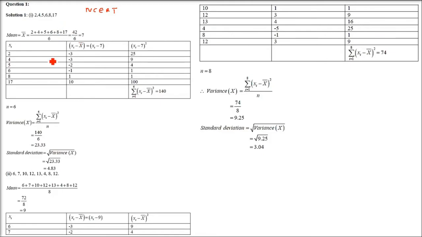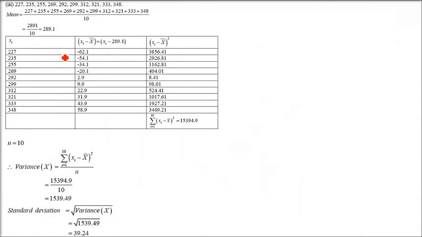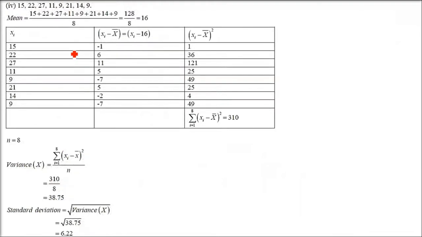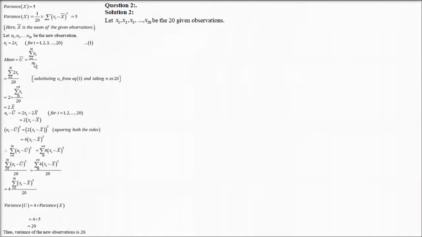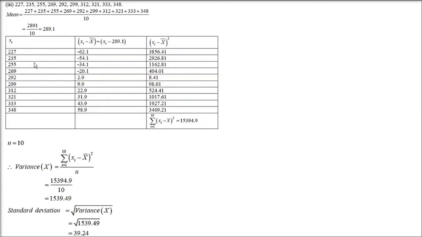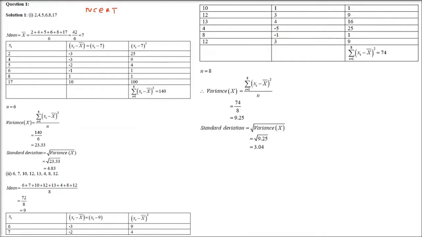There are four parts here: 1, 2, 3 and the fourth part. We'll take the first one and the second one properly, and I'll just go through the third one and the fourth one. You'll know by doing the first and second how the others are done. So let us see the first one.